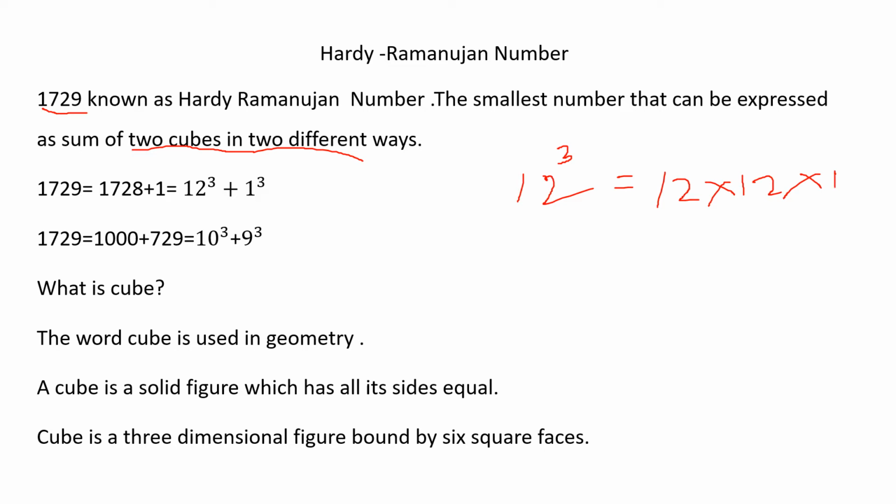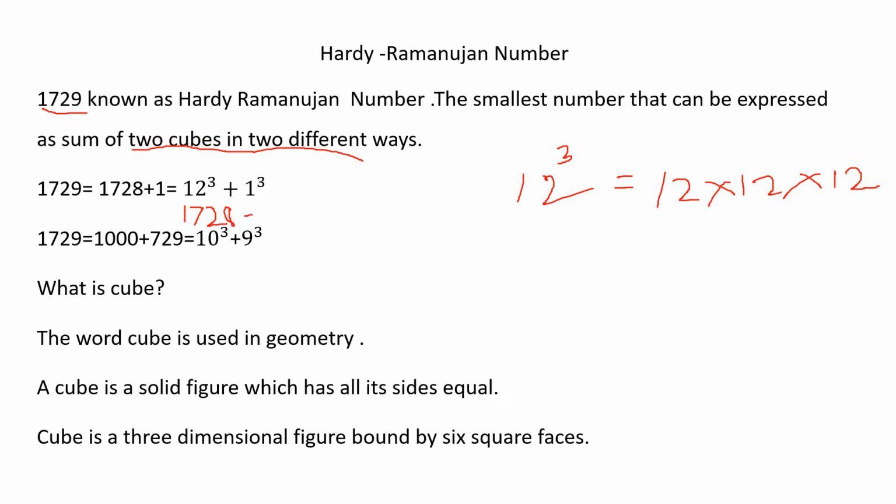Now you just multiply and say the answer, children. First multiply 12 into 12. You all know, in square roots we found 12 square. What is the value? 12 square, what is the value, children? You all know, 144. Now 144 into 12, you will get 1728. 1 cube means 1 into 1 into 1, which is 1. So 1728 plus 1 gives this value, right? If you want, check it: 12 into 12 into 12. What answer are you getting?